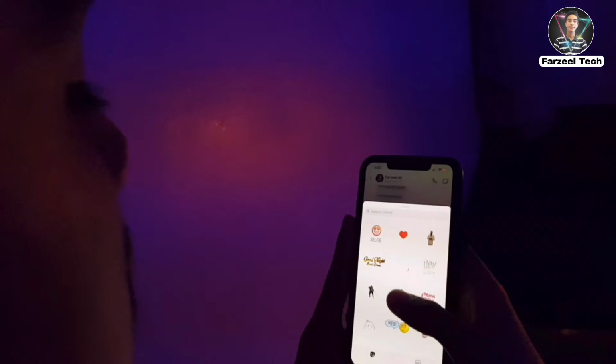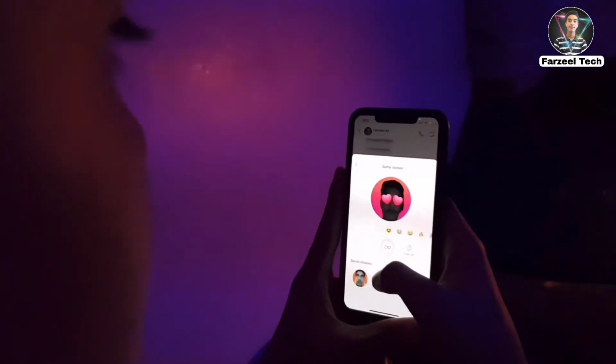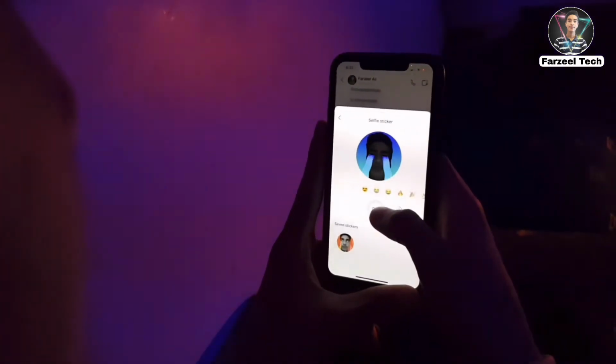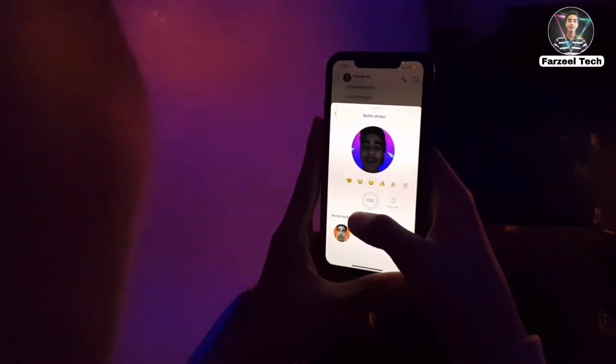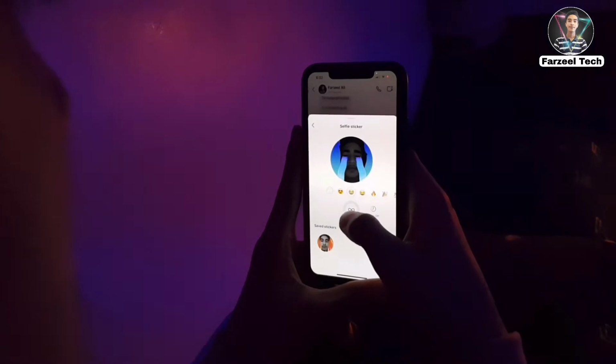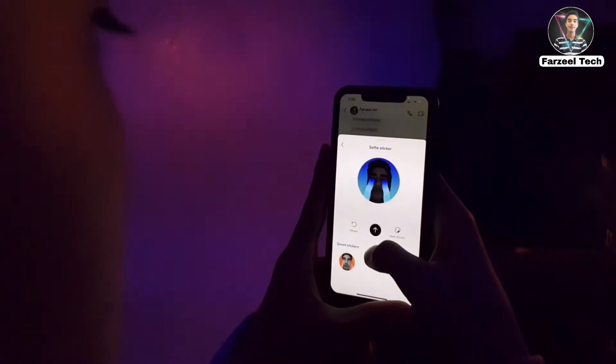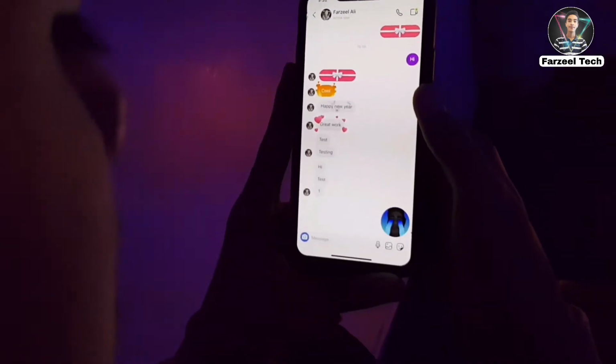So now let's click on selfie option. Now it will show your face using your selfie camera, and now select a theme like the love one, crying one, or the laughing one, etc. And once you selected your theme, just click on this boomerang option and record your video just like I'm doing it and send it. This will definitely make your chat interesting.